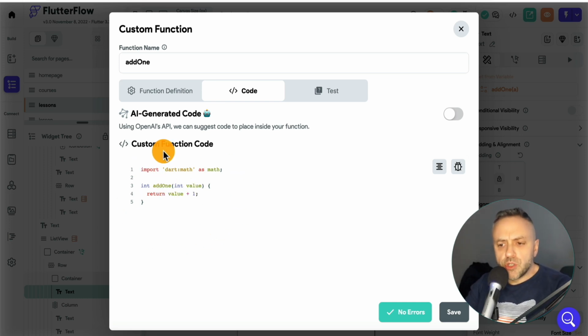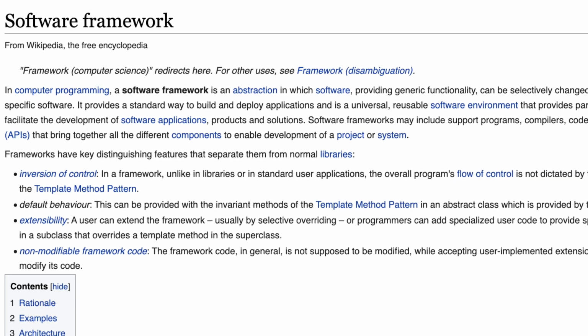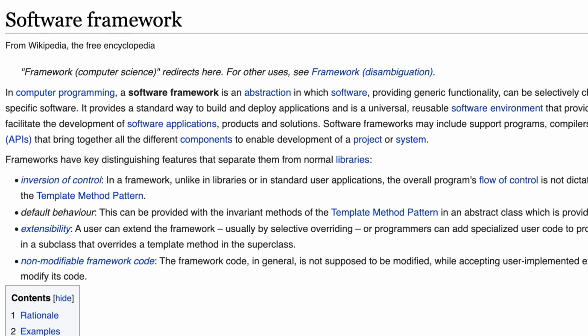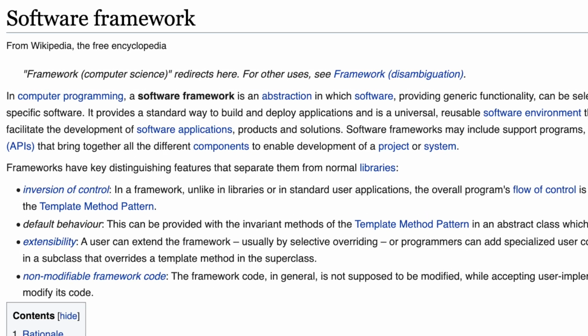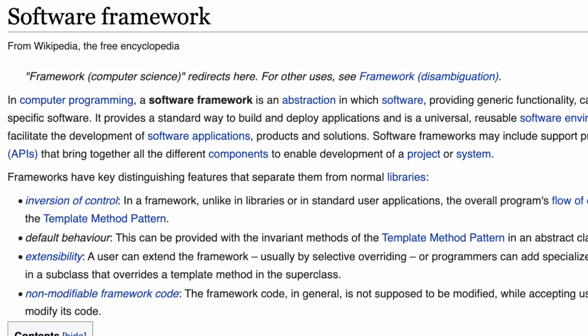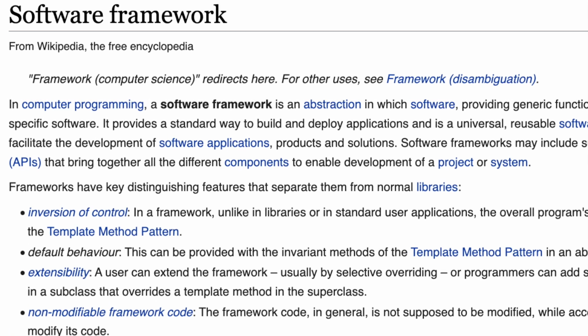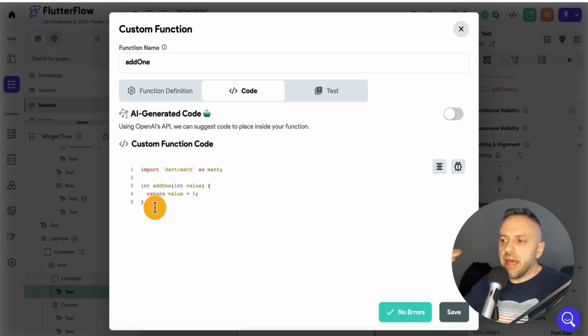And for those who are interested, this is actually Dart code. So this example right here, this is not even Flutter. This is Dart, because what you need to understand is that Flutter is a framework. And what is a framework? Well, a framework is basically a bunch of functions, a bunch of different things for handling events, a bunch of higher level stuff that's been done for you by engineers at Flutter that handle a lot of the things that you would handle yourself. But Flutter itself is written in the Dart programming language, which is this language right here.